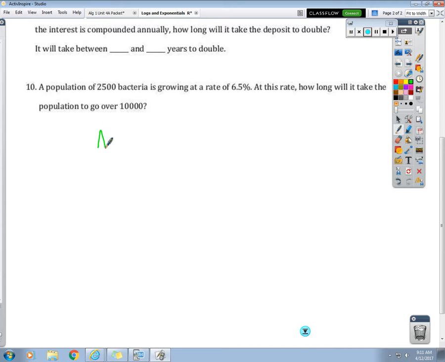Okay, so A equals 2,500 times 1 plus, because it's growing, what's your rate? Right? And then how long means we don't know the time. Okay, that's what we've got to solve for. But we're wanting to know how long it will take for the population to go over 10,000. So where do we put that? In the A place. So 10,000